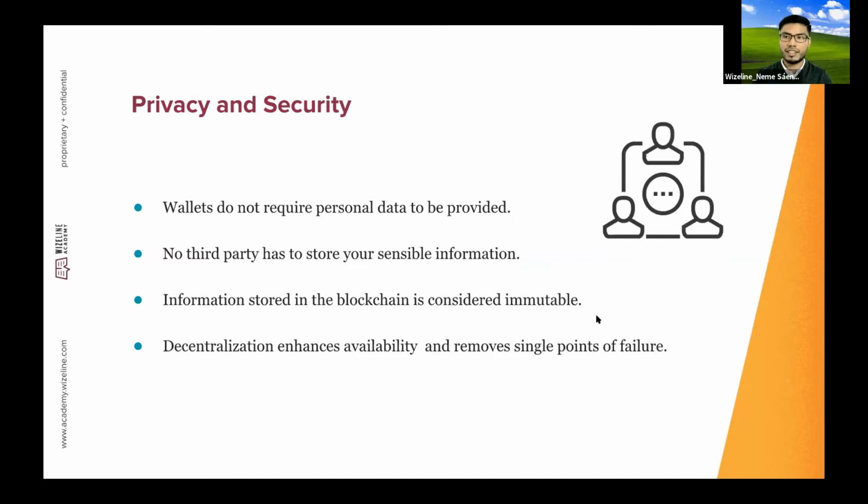Once it is recorded, it cannot be changed. To change the state of a blockchain, you have to create new blocks, and that whole history of transformations gets stored. So that makes it more secure. And finally,